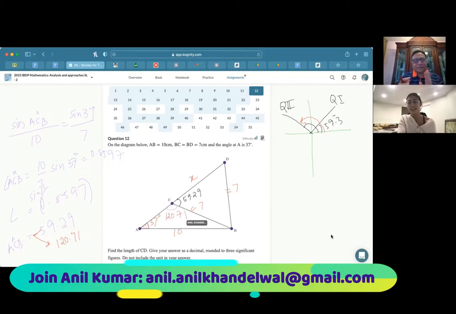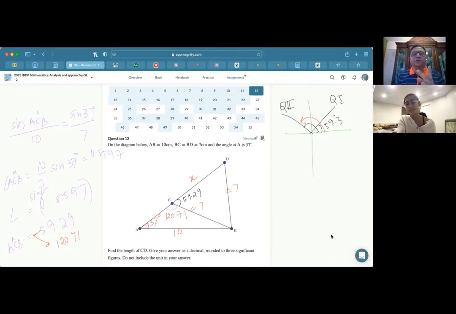Yes, it's an ambiguous case, and you get two angles. Basically, if you look at the quadrants, sine is positive in quadrant 1 and in quadrant 2. So for the same value, you actually have two solutions always. Now you have to decide which one is which, right? Exactly, because obviously it doesn't make sense that C would